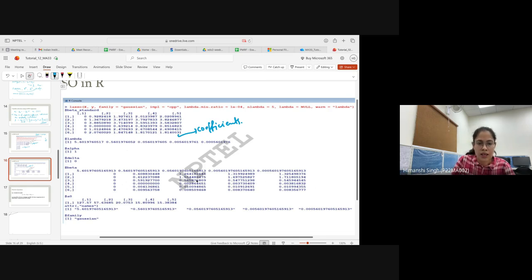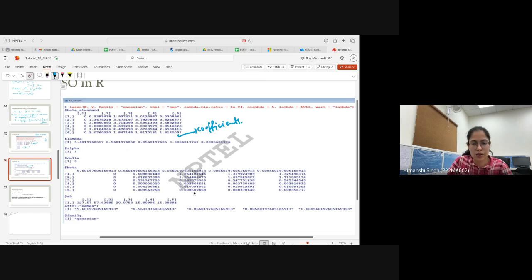Here you can see that at the first, when the value is 5.6, all the coefficients are 0, so we will not be considering it. For the second one, the fourth, fifth, sixth are very near to 0, and these are reasonable, 0.6, 0.61, 0.59, but then also they are not that far away from 0.